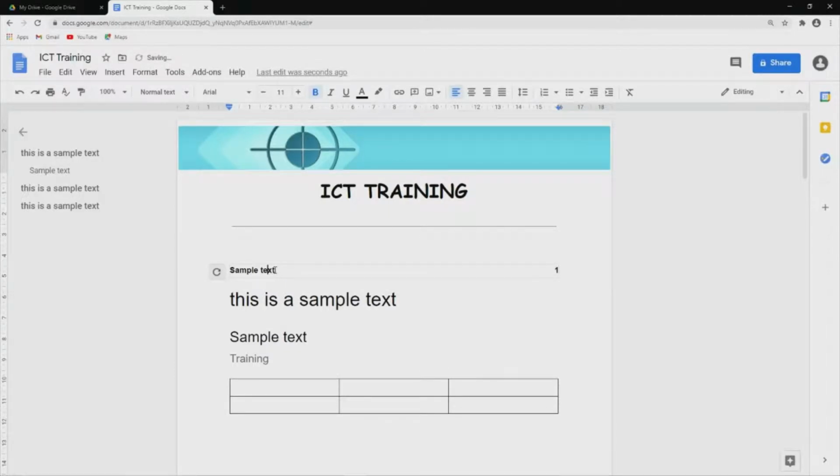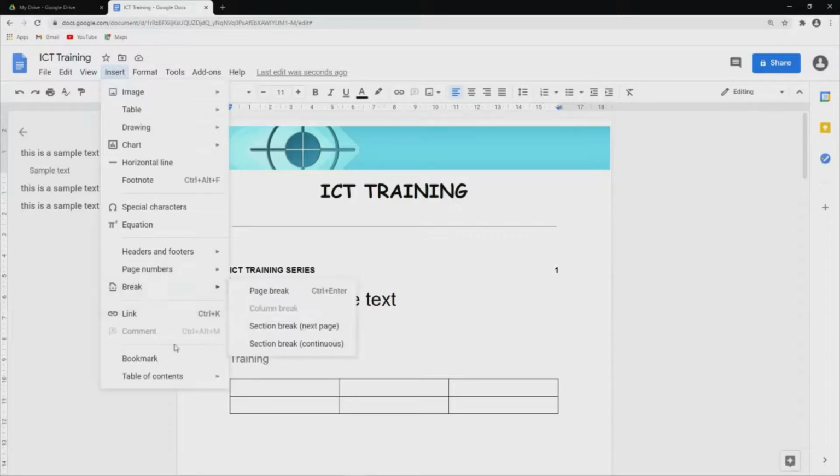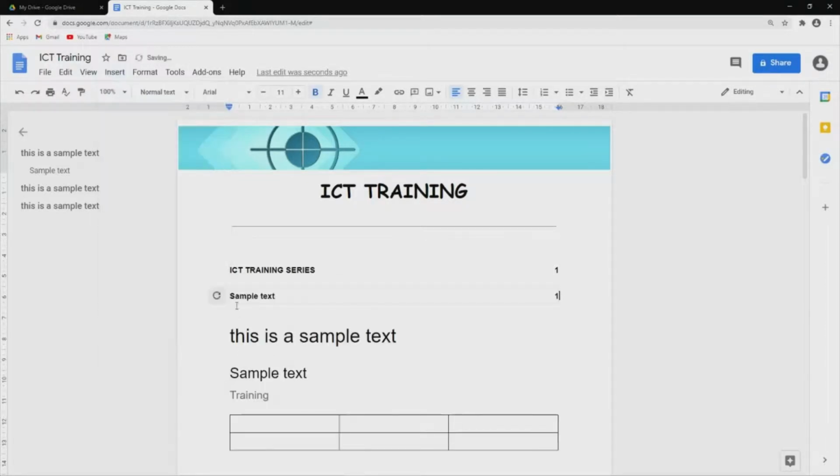here and simply rename this into, say, ICT training series. Alright, and let's enter another one and remove. So let's remove the page number here, since this is the title of your document. And